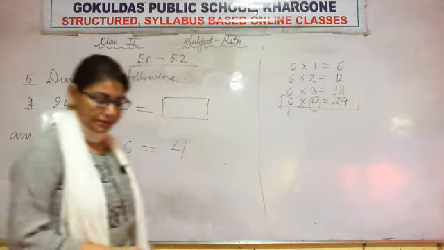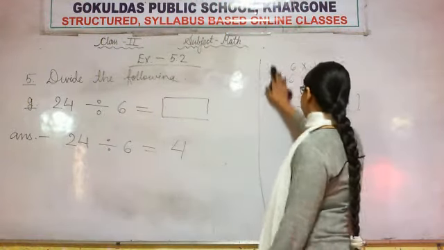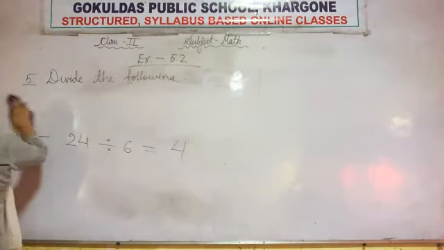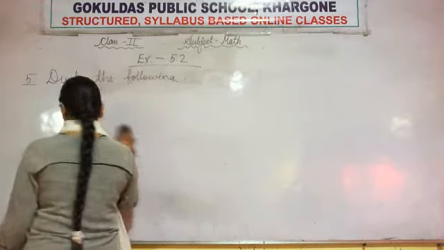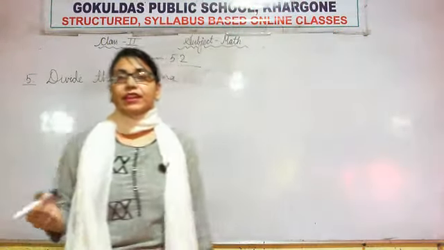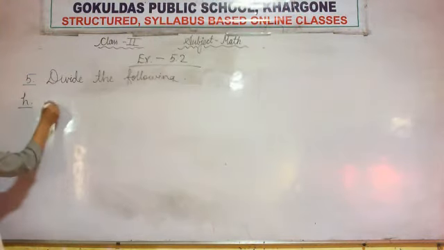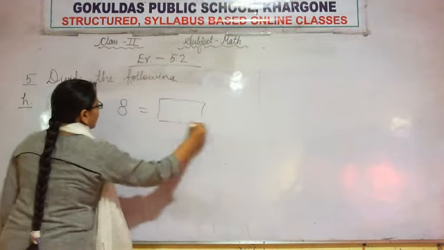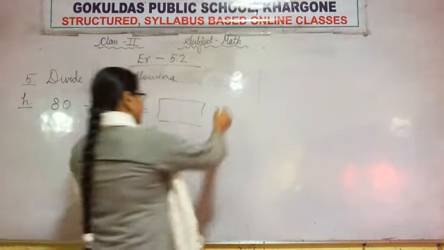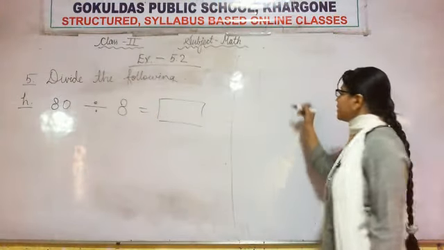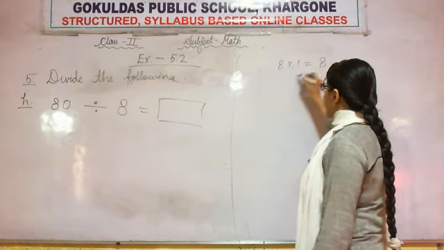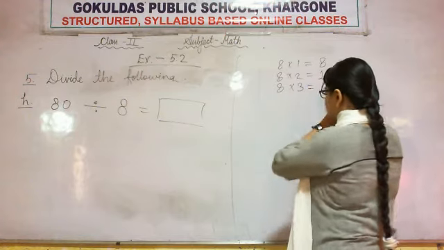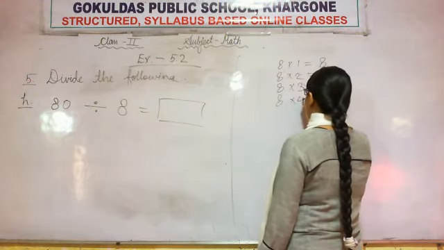Now the next question, question H. Question H is 80 divided by 8. 80 divided by 8 is equal to blank. Now for this we need the table of 8. So let's see the table of 8. 8 ones are 8, 8 twos are 16, 8 threes are 24, 8 fours are 32,